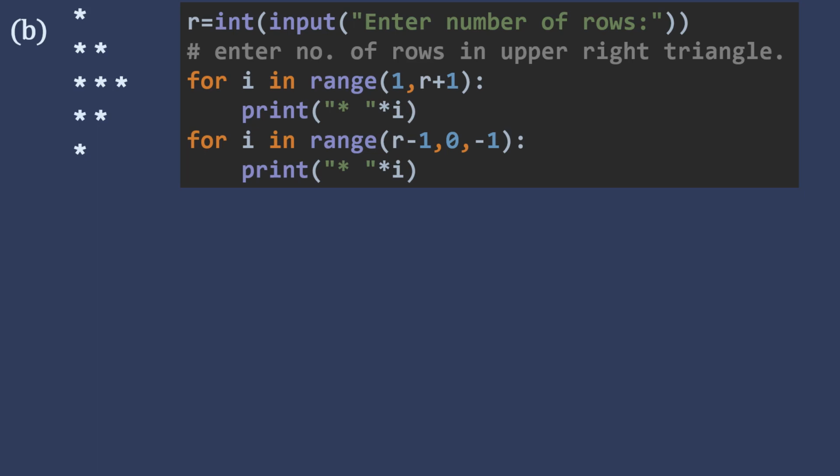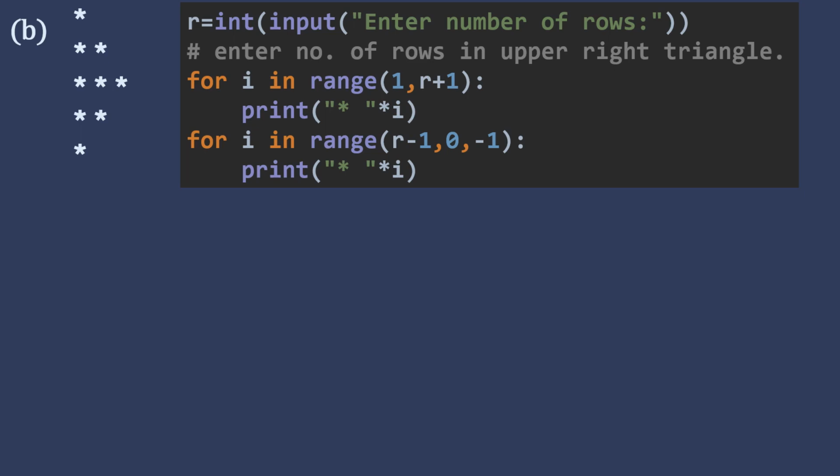So we will divide this pattern into 2 halves. First the upper triangle. The upper triangle means it will start from the top position till the middle position where there is the maximum number of stars. So there are 3 rows. You can see in the upper part of the triangle there are 3 rows, and in the lower part there are 2 rows. Okay, so now we will do this.